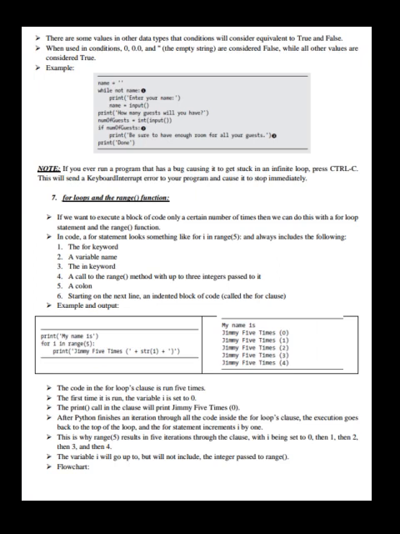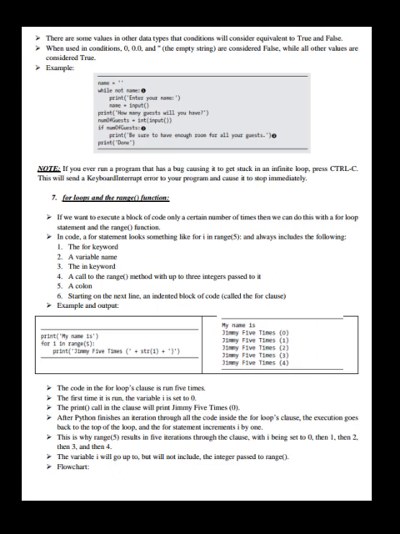After Python finishes an iteration through all the code inside the for loop's clause, the execution goes back to the top of the loop and the for statement increments i by 1. This is why range(5) results in 5 iterations through the clause, with i being set to 0, then 1, then 2, then 3, then 4. The variable i will go up to, but will not include, the integer passed to range.